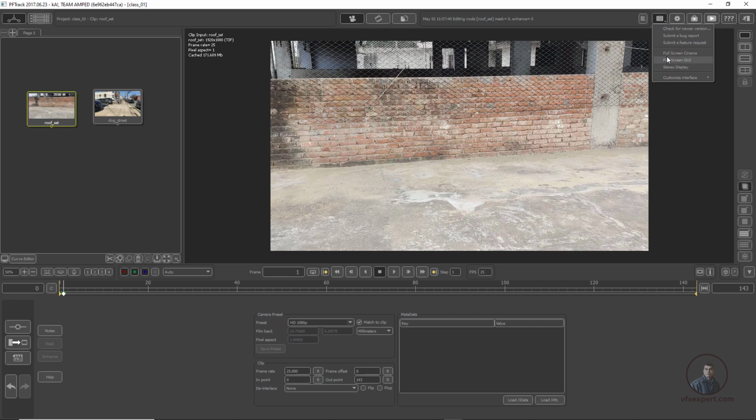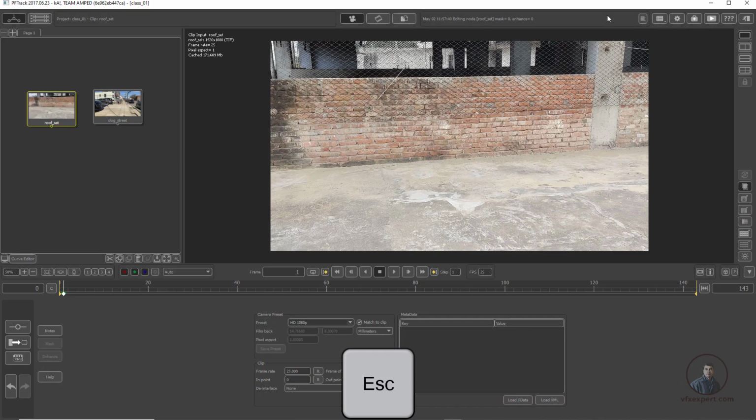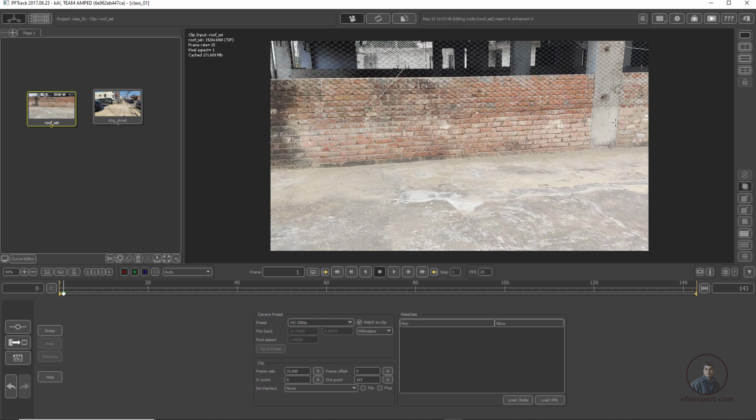And suppose you have accidentally clicked on this full screen schema view here. This will show you only this canvas area or viewer. Now you can simply see. And again, suppose you want to restore your user interface, it's not showing any options here for minimizing or restoring your user interface. For this we have to press the Escape button. This will show you all your user interface again, the default user interface. Like this, if you want, you can also maximize your cinema view, then press Escape, and this will show your entire user interface.